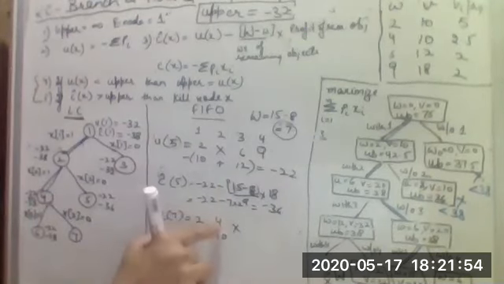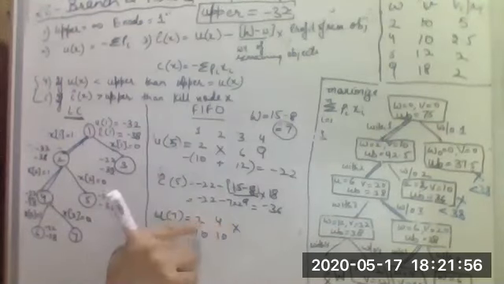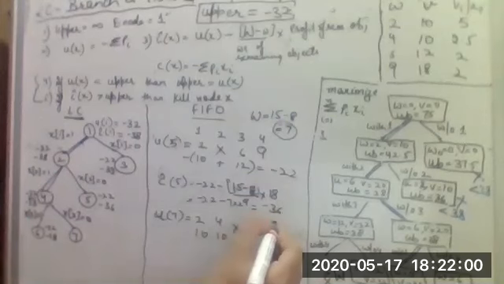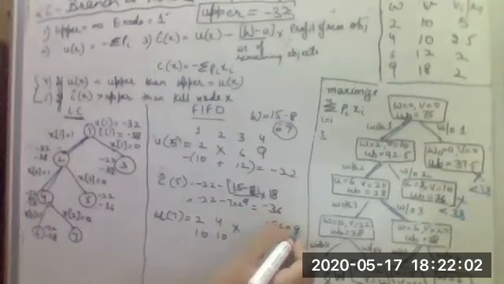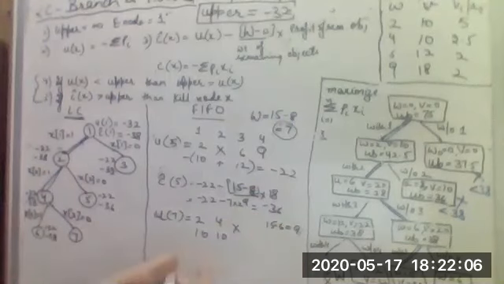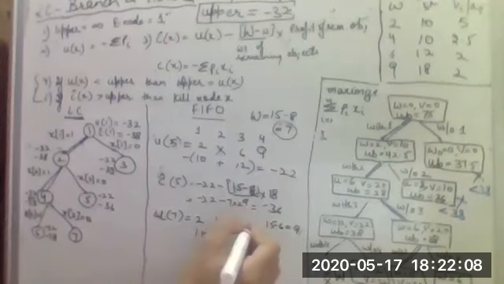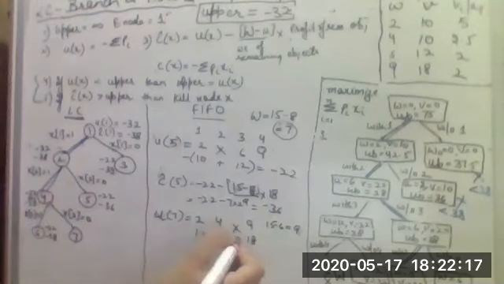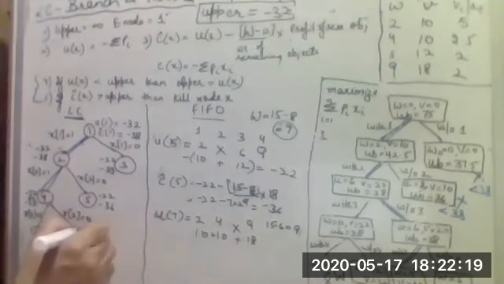So right now we have included a weight value of 6 into the knapsack. So the remaining value is 15 minus 6 equal to 9. So we can include any element with a weight value of 9. The fourth element has a weight value of 9 and the profit value is 18, so we can include it. So this becomes minus 38.